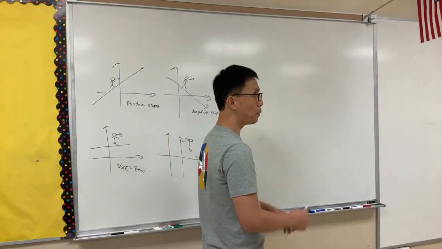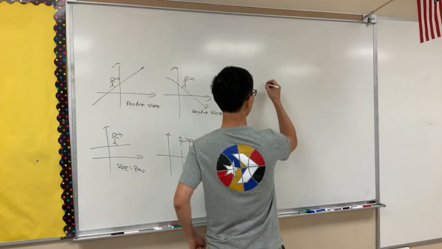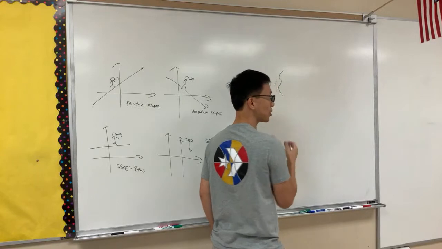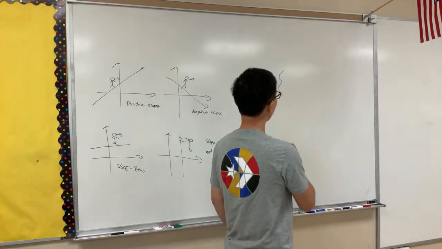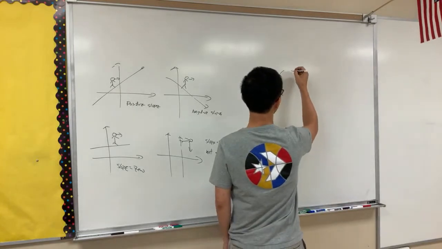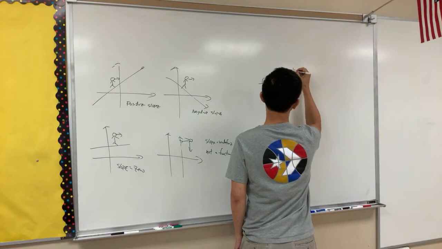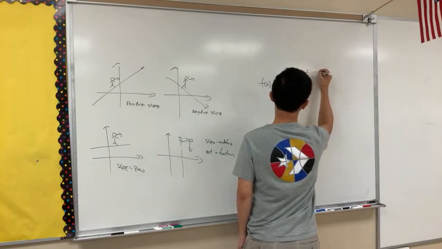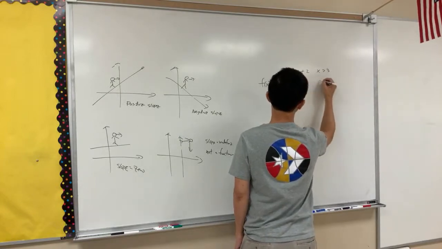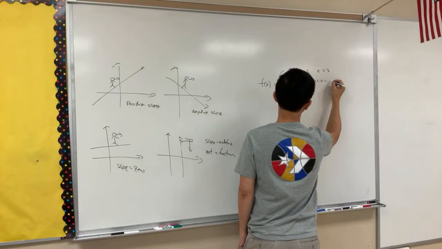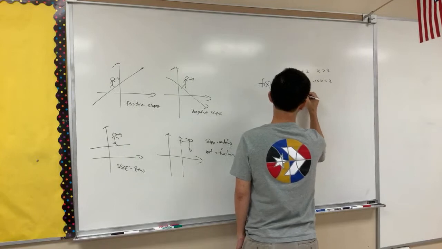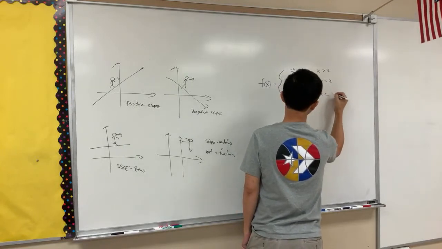Okay, so what would a piecewise function look like? This is what a piecewise function looks like. f of x is equal to, now some of this is not correct math notation, but I just want you to be able to graph all different kinds of functions. So the first one is negative 2/3 x plus 2 when x is greater than 3. And the second one is -2 when x is between -2 and 3. And the third function is 2x minus 3y equals -6 when x is less than